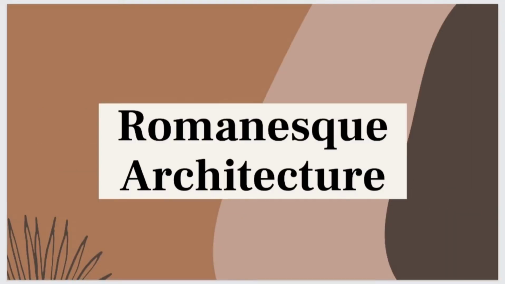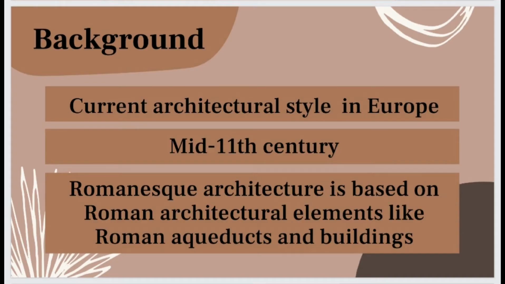Let's discuss first the Romanesque architectural style. The name gives it away. Romanesque architecture is based on Roman architectural elements. It is an architectural style current in Europe that is the fusion of Roman, Carolingian and Ottonian, Byzantine, and the local Germanic tradition. It was a product of the great expansion of monasticism in the 10th to 11th century.